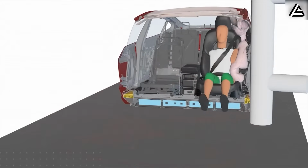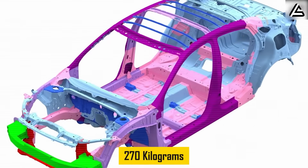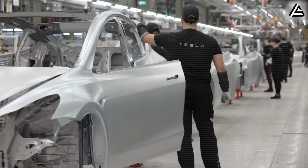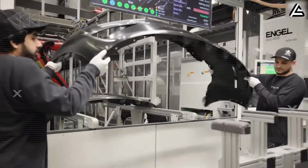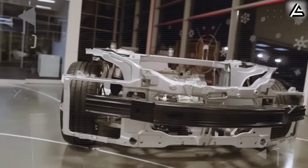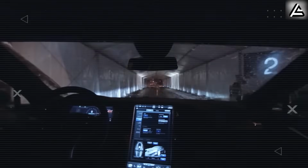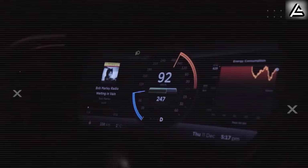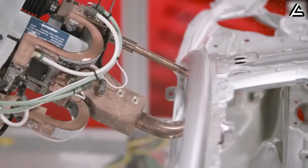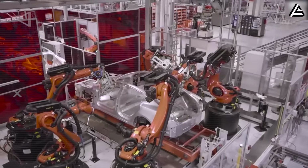A traditional underbody constructed from 400 separate parts weighs approximately 270 kilograms. Tesla's megacast design, only 198 kilograms, showing a 27% reduction in structural weight. That means faster acceleration, extended driving range, and most importantly, far fewer joints that can fail over time. When you eliminate 72 kilograms of unnecessary structural weight, you're not just improving performance, you're fundamentally changing what's possible in